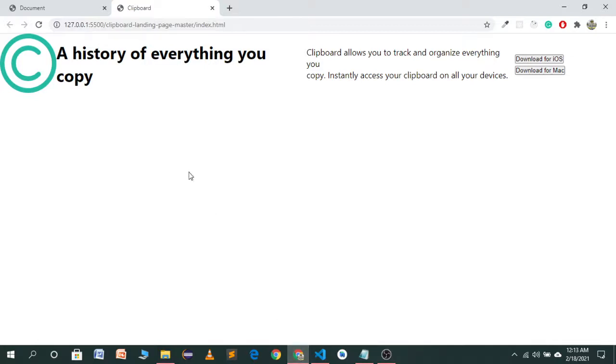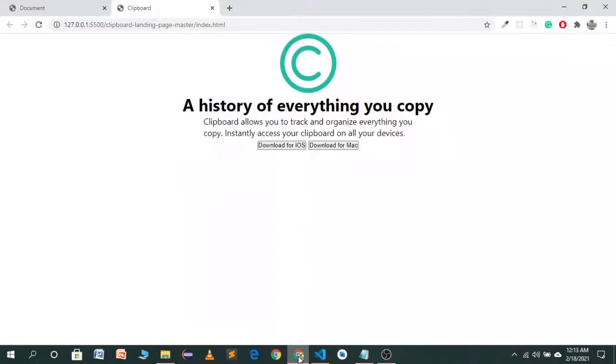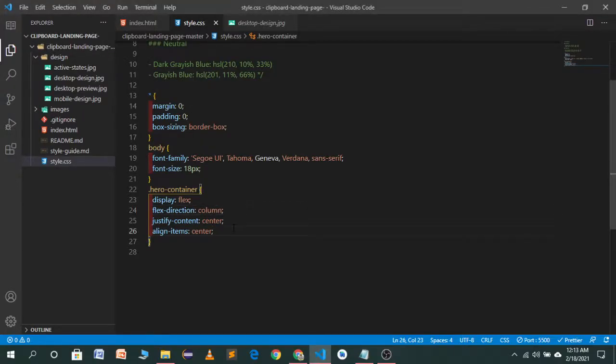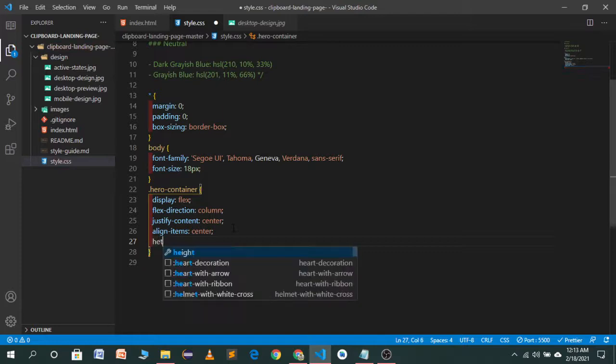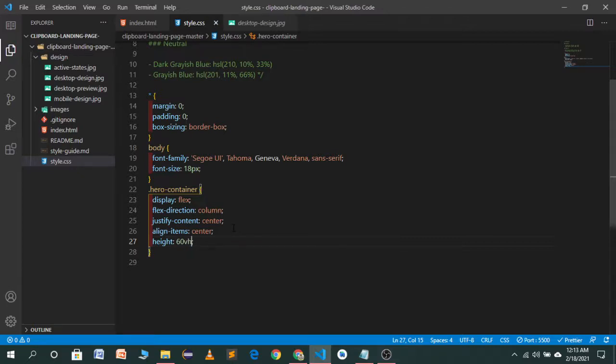As you see, it has aligned in the horizontal direction, but we want the alignment in the column direction. So I will set the flex direction to column. It's looking nice right now. We should give a height to our container. Let's use 60 viewport height, which will be enough.